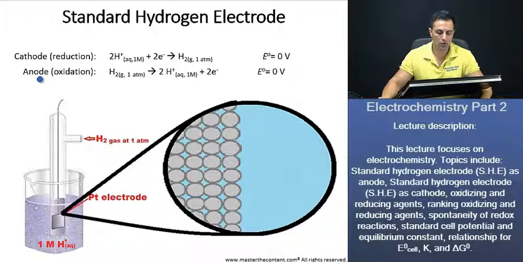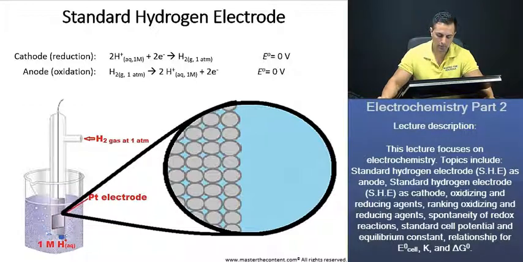Now at the anode, we're going to see oxidation take place, and we're going to see our hydrogen gas is going to be oxidized, and it's going to give us 2 hydrogen ions plus 2 electrons. Wonderful. Now let's take a little bit of a deeper look into the workings of the standard hydrogen electrode. We see here that hydrogen gas at 1 atmosphere is going to be bubbled through